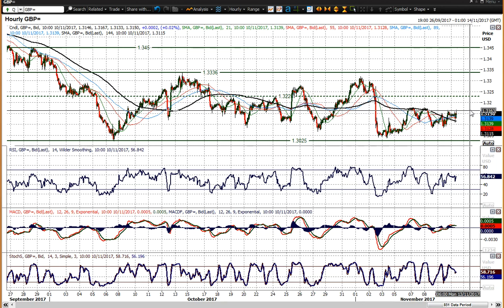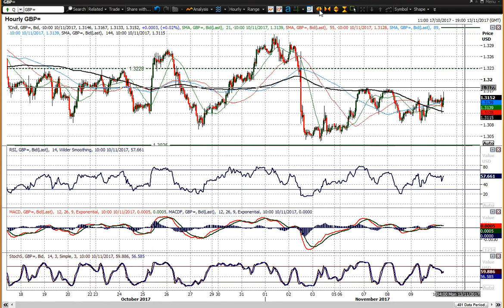But for now, we are stuck under this 1.3175, and that would be the breakout level that the bulls would be looking out for